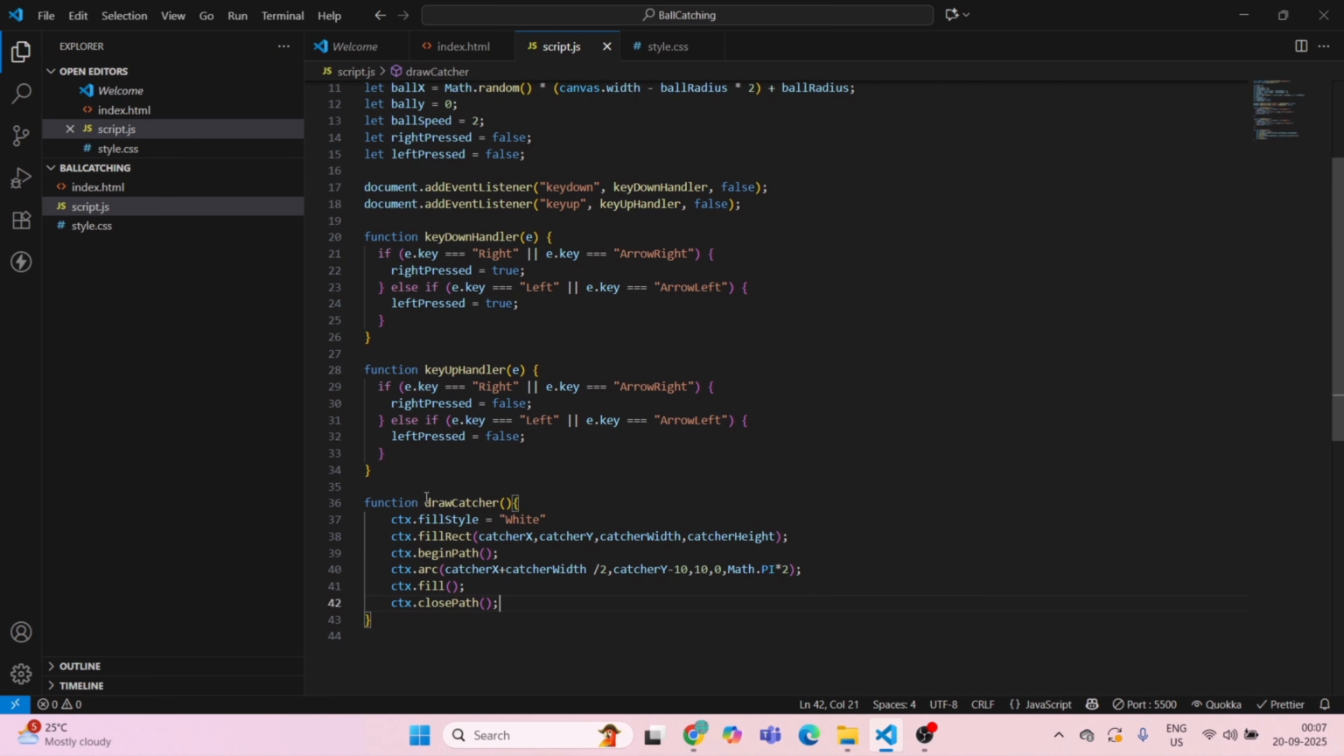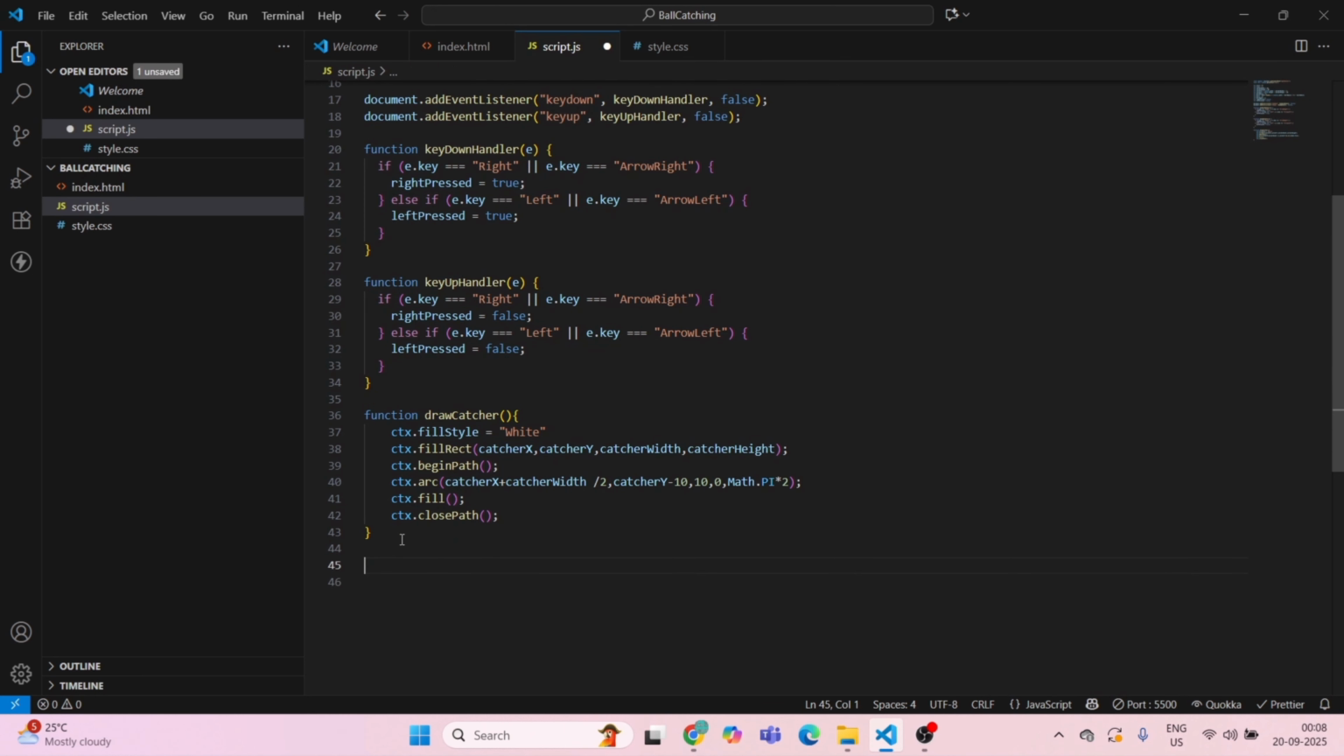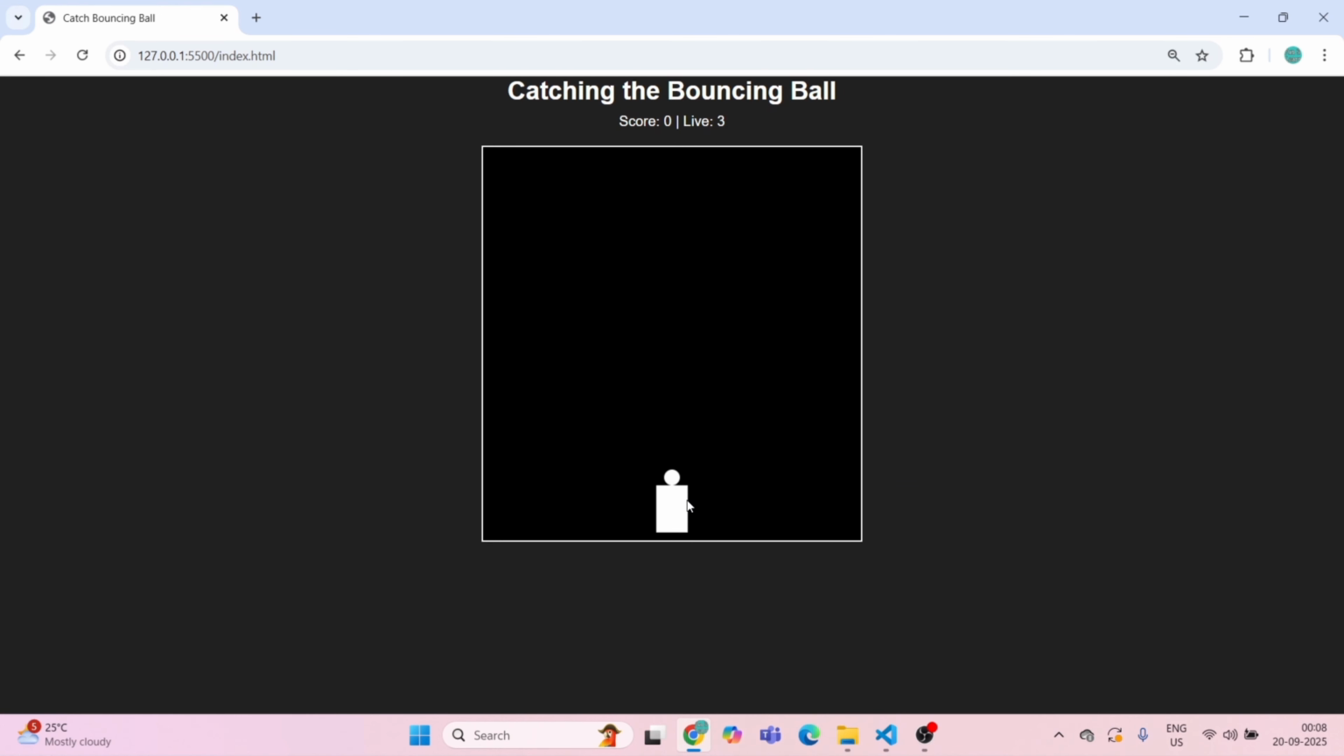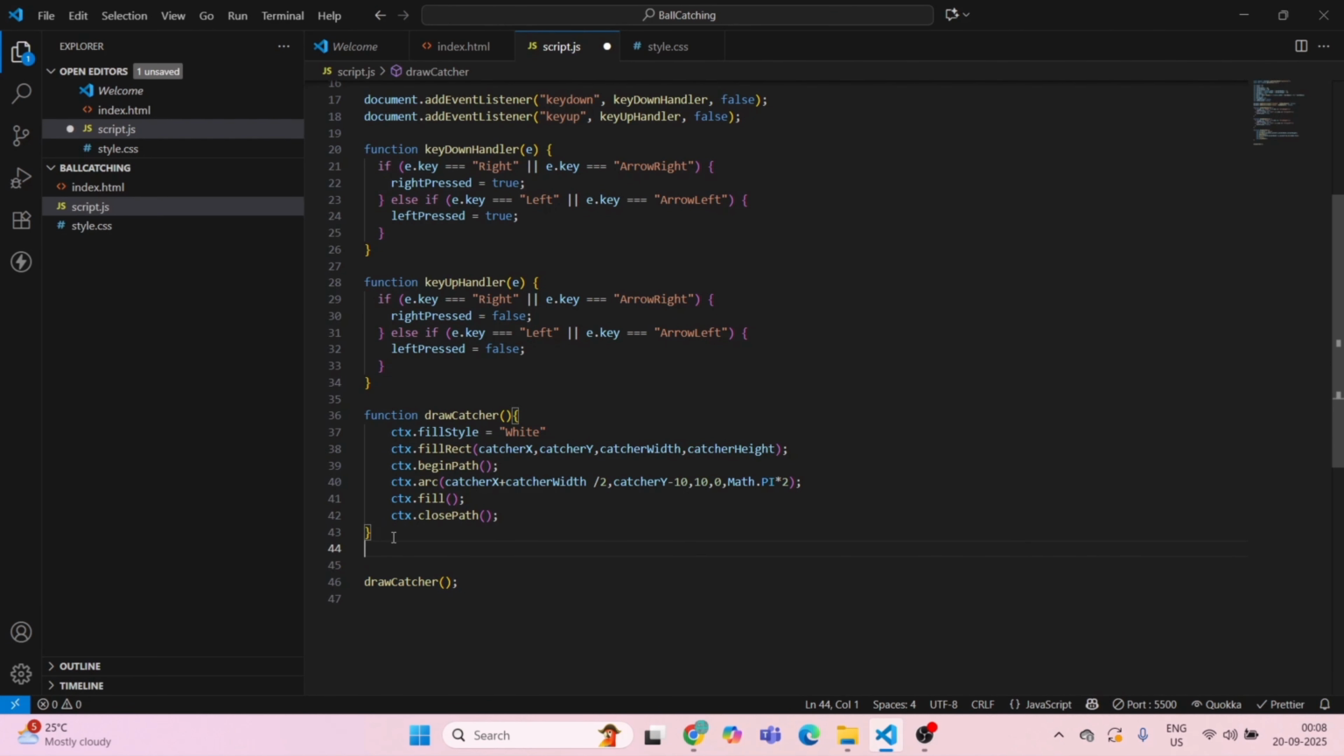And if I call it here, you will see the user here. You can see the user is available. Though the left and right is not working right now, we will work on that. I will work on another function now. So function drawBall,